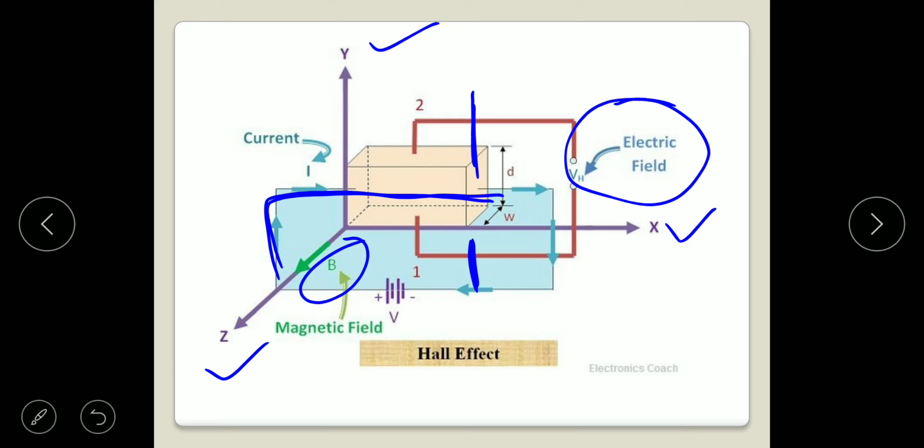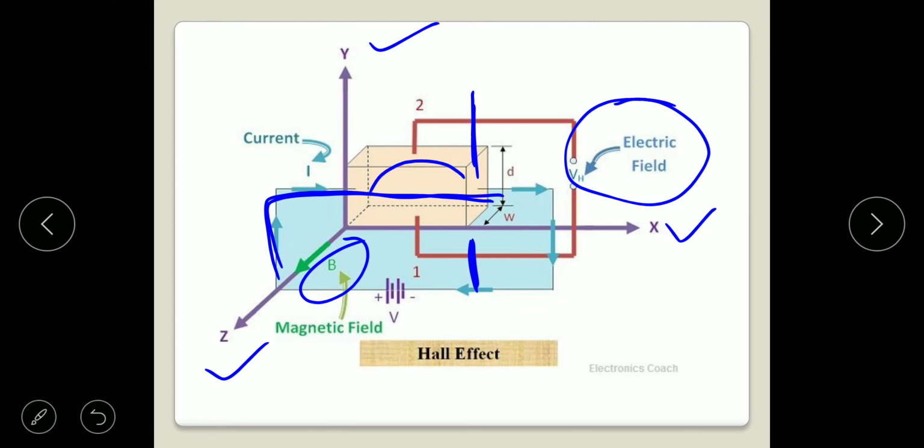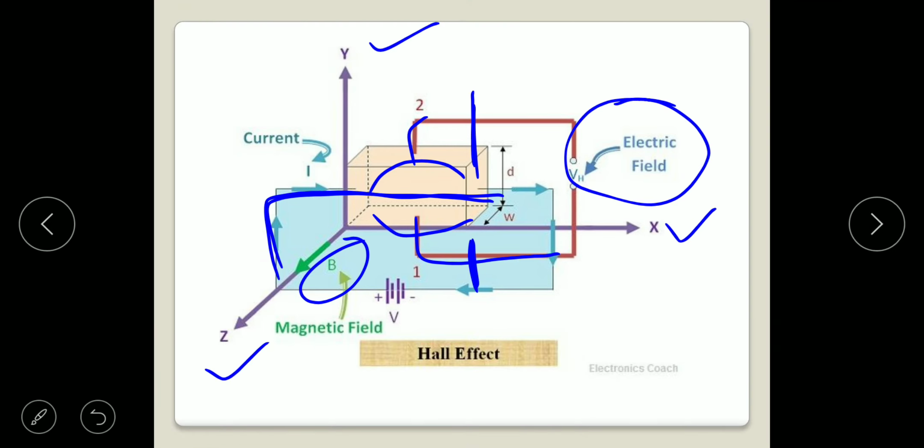When we apply the magnetic field, the charges are separated. The positive charge is collected here and the negative charge is collected here. So we experience an electric field, meaning we get a voltage. So we get a voltage when we apply a magnetic field to a continuous current flow. Here the Hall voltage has a value of a few microvolts, so it is possible to measure it using a sensitive galvanometer or a DC potentiometer.